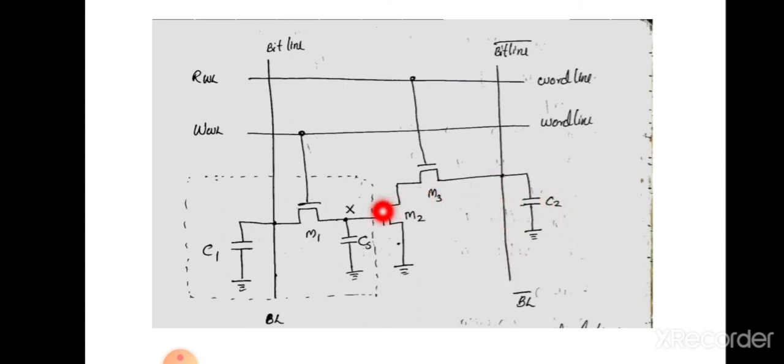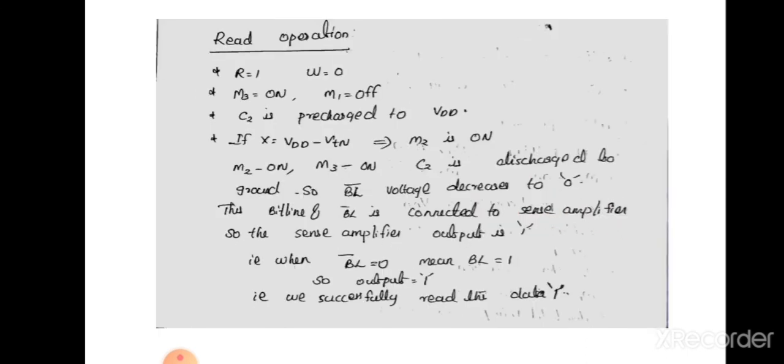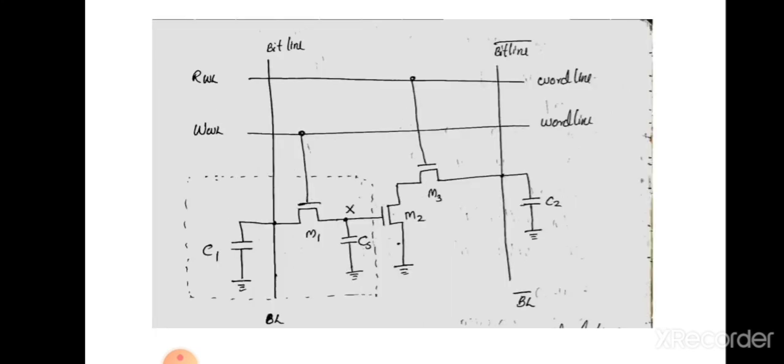That means whenever the value here is high, the bitline bar will read as high. Okay. That means bitline bar is 0 and sense amplifier output is equal to 1. That means we have successfully read the data 1 in the memory. Actually here is the 1 because here VDD minus VTN, that information is read here. So for the read operation, bitline bar acts as the output line, and for the write operation, bitline acts as the input line. So that point is clear. Okay. So that is the read operation for 1.